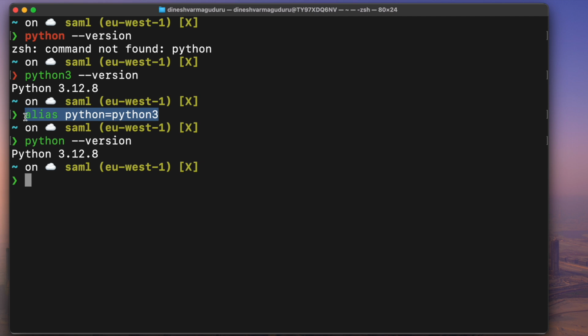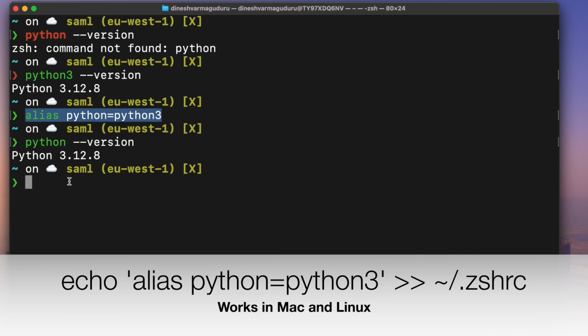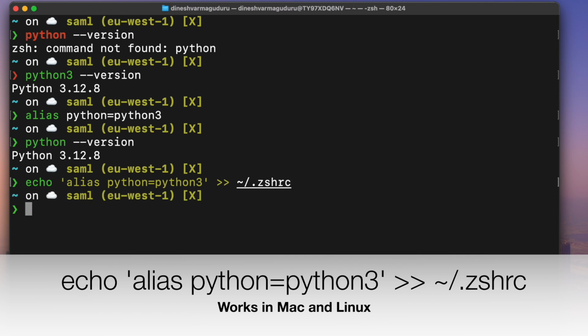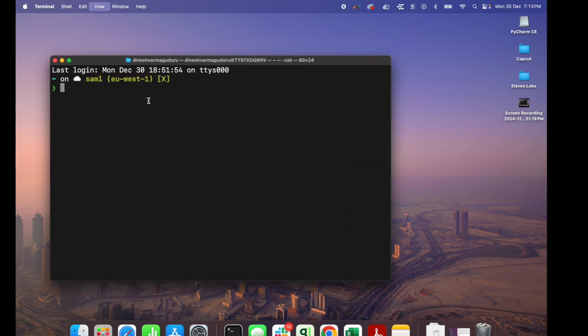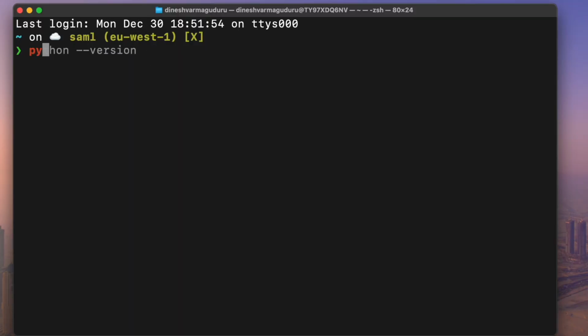To make this a default thing, you need to add this to your zsh profile. So for adding this line to .zshrc, you just need to type echo followed by the complete command that you want to add to your .zshrc, then a double arrow, followed by the path to your .zshrc. So once you run this line and source .zshrc, your .zshrc file is updated, and even if you close and open your terminal back and run python --version,